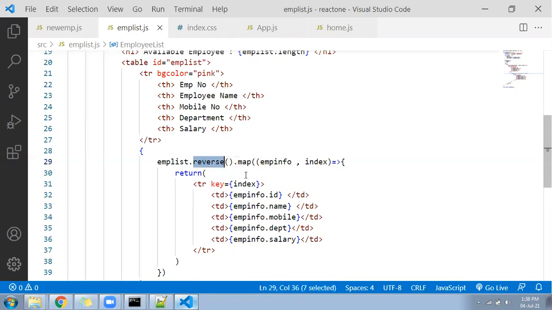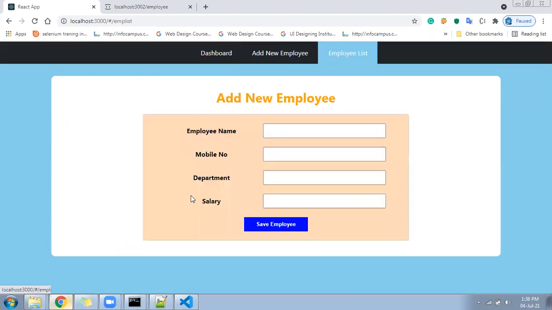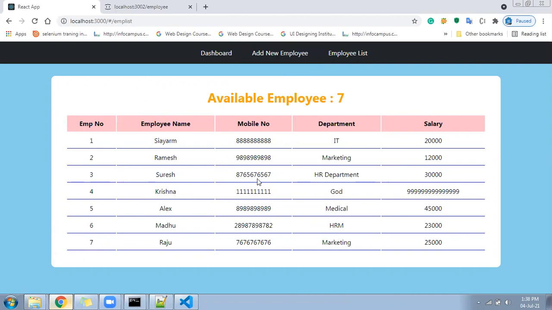Emp list dot reverse. Let me go here and see whether my data is getting refreshed or not. Oh, it's coming in the same order.